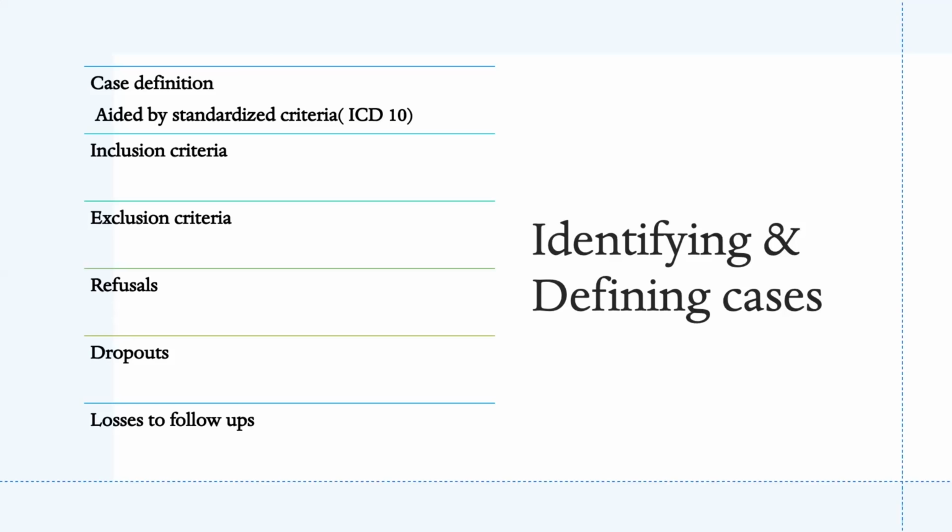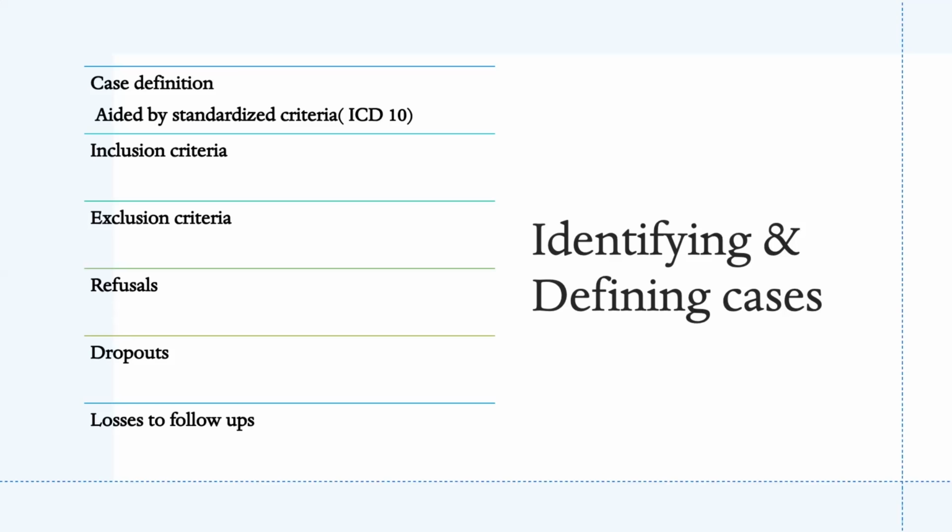What I'm trying to get at is that inclusion and exclusion criteria are mandatory if you have limited resources and time, so that you can recruit an extra number of patients than required